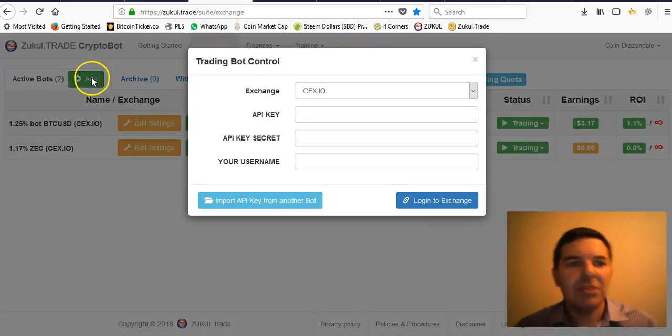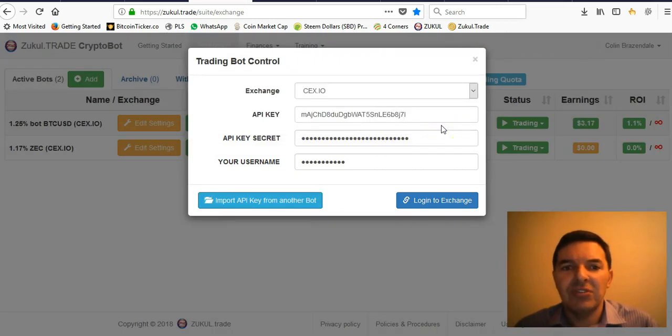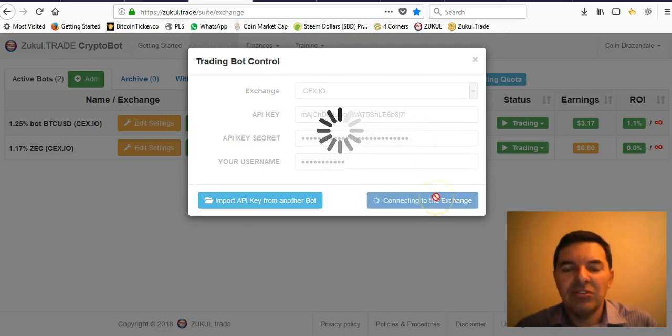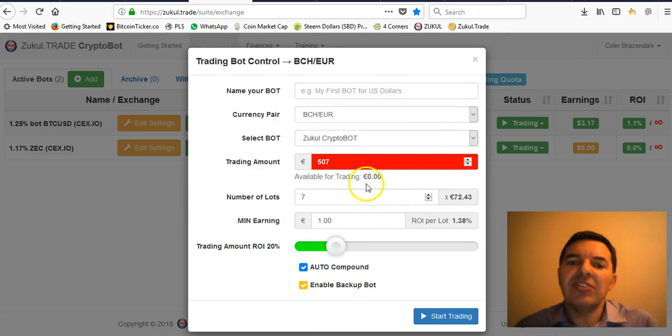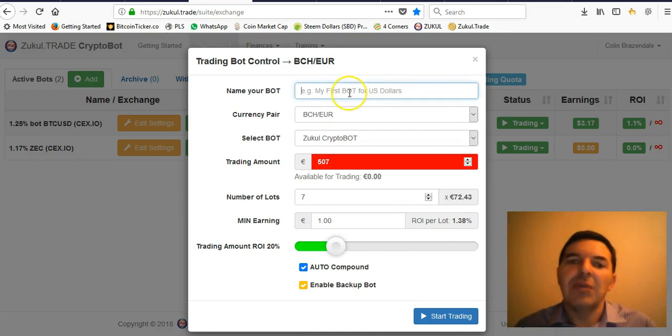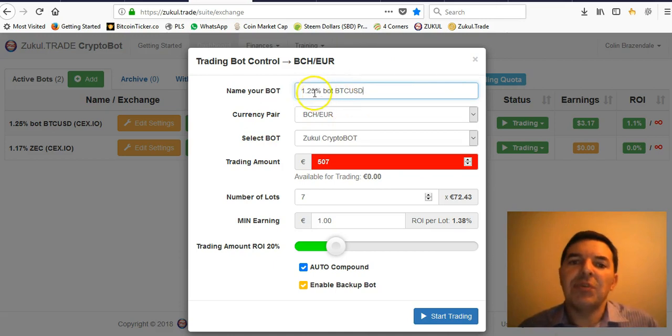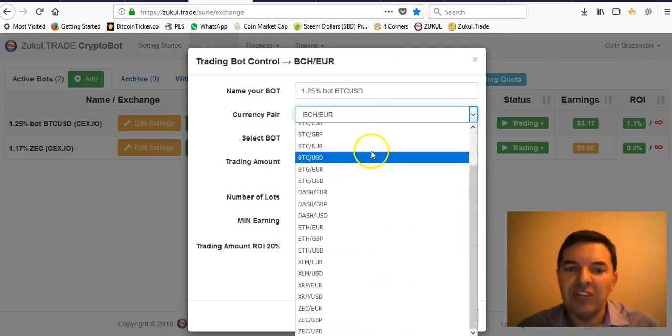I just want to show you what the bot looks like when you set it up. Then I'm just going to use the credentials of one of my existing bots, logging into the exchange. So here you can see at the moment I don't have any funds available because I'm using all my funds in my 2 bots, because I only uploaded $600, so I've got $300 in each bot. But here you can call your bot whatever you want to. I put the percentage there, and then there are all the different exchanges or the different